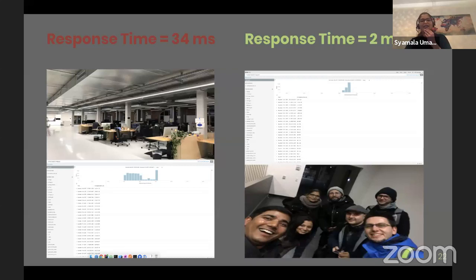This is the major incident that I talked about. There was one service which was taking 34 milliseconds to respond, which was basically choking every other service out. We worked and fixed it so that the response time became normal, 2 milliseconds under heavy load. And this was just a week before the Christmas holidays, and that's my team.